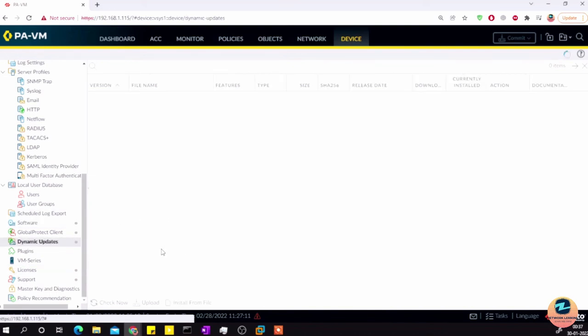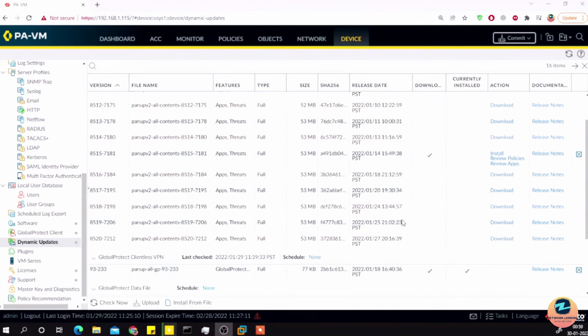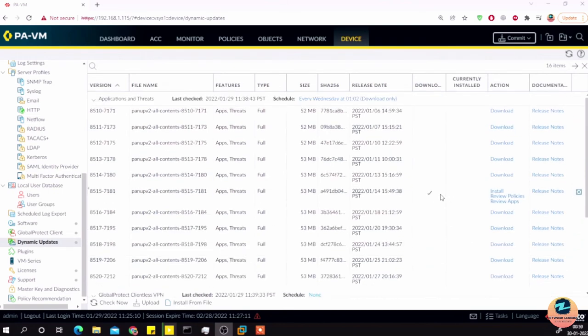So I'm going to go here in the dynamic updates. I don't know why this is taking a lot of time. So I'll just pause the video, and whenever the options come up, I will continue with the setup. Okay, so the GUI is back. If I scroll down here, now you can see that the one that we installed prior is now showing as currently installed. And the one that we downloaded has the option to install. And I can click install,